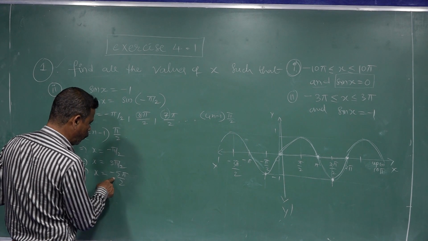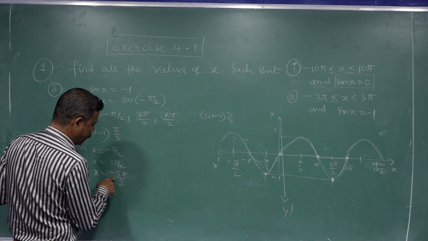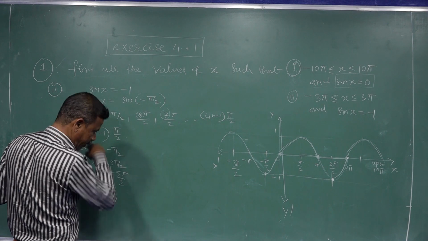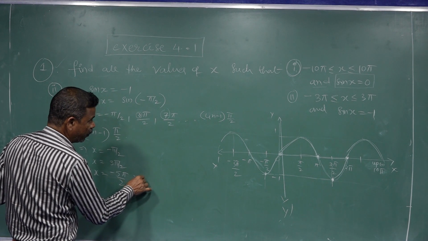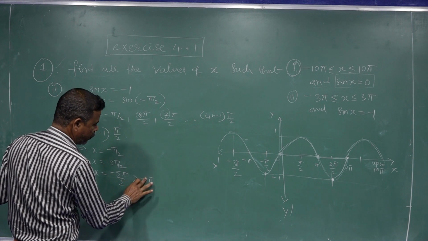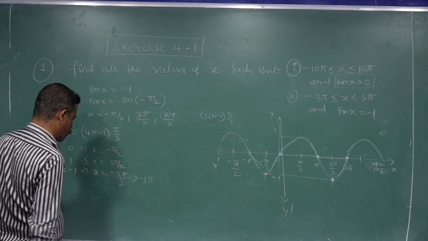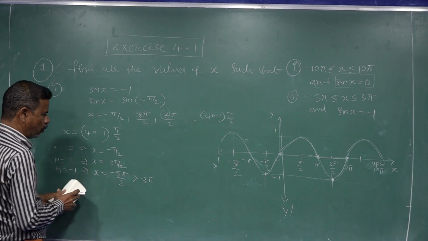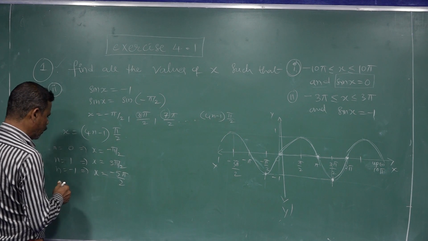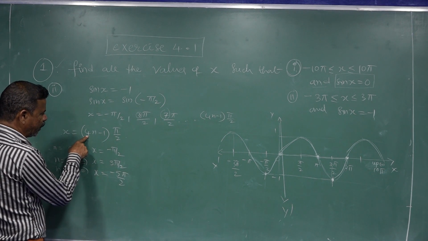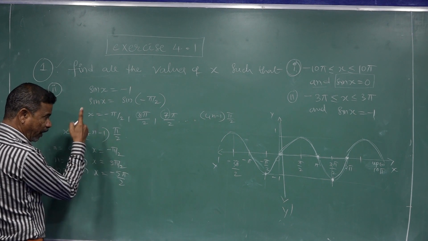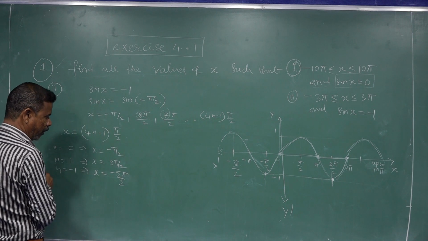So this value can exist. This value can exist. So this is greater than minus 3π. So this value is also suitable. If we consider minus 2, minus 8, minus 9π/2, 4.5π coming. But there are 3π only.